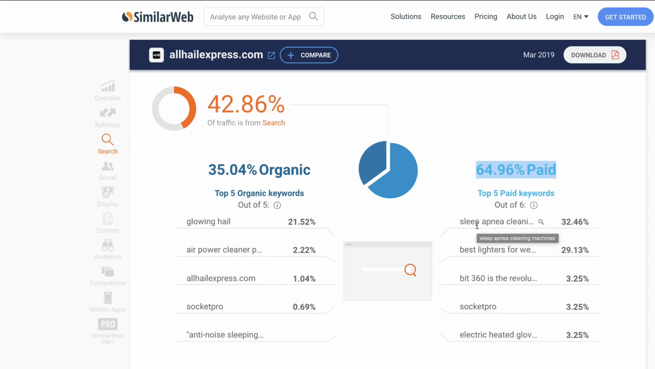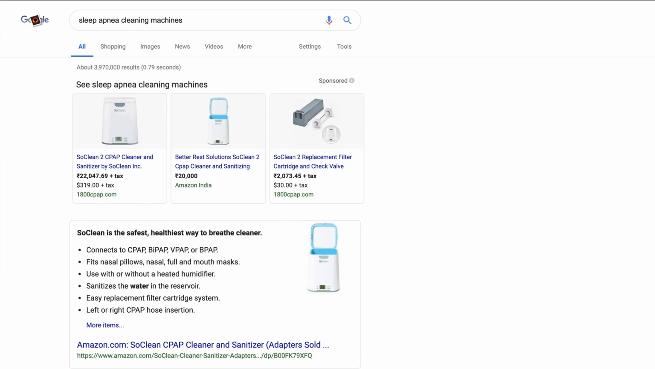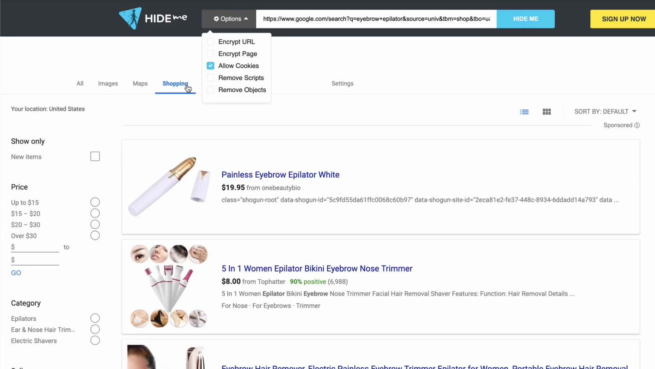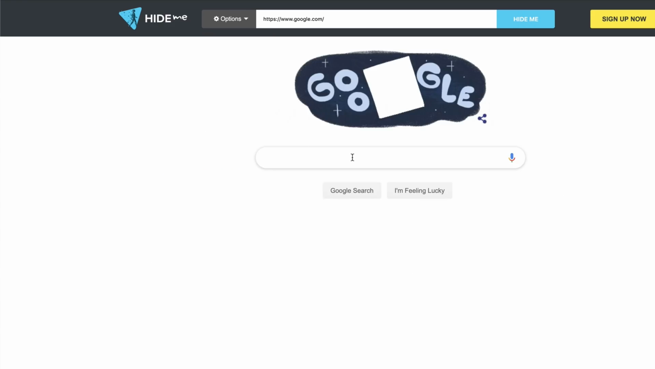So this, my dear friends, is the BackTrack method. Just to show you, this is the sleep apnea cleaning machines. Okay, so this is something that they spend 32% of their traffic from paid comes from, and they also have best lighters for weed. So anyways, let's go for sleep apnea cleaning machines. And suddenly, so let me just open up this sleep apnea cleaning machines. Let's do this. Seems like a high ticket item. Sleep apnea cleaning